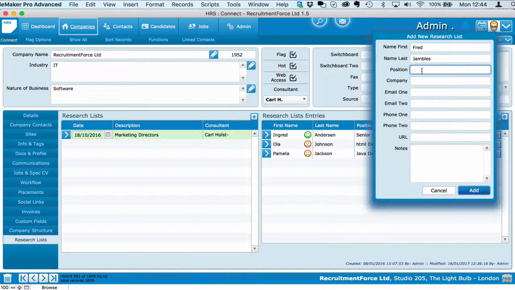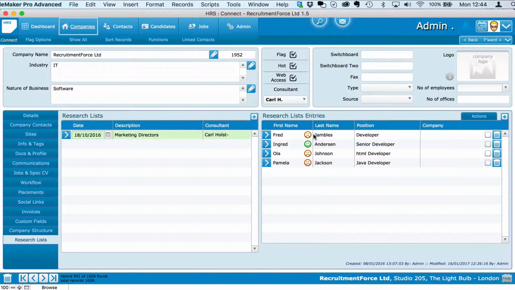So fill in the name, you can put in a position, company, email, one or two phone numbers, URL, notes. It's always good if you've got an email to put that in, as it helps with duplication checking. We'll add that contact, and you see they appear in the list with a sad face. On the right-hand side there are a couple of options there, so you can import or export these lists, and you can show them in lists, so you can actually produce those lists of contacts, and clicking on the flag option will allow you to copy the contacts from this list into a